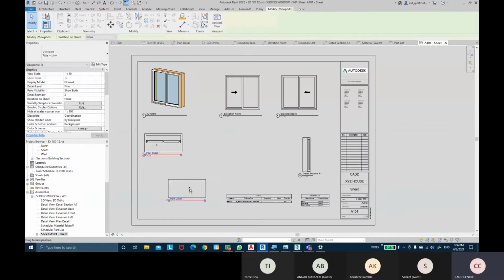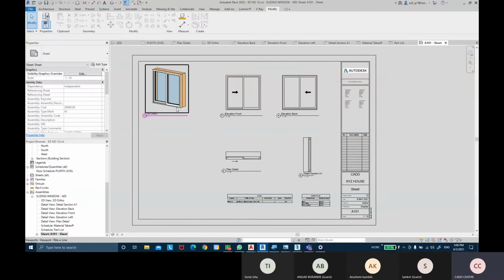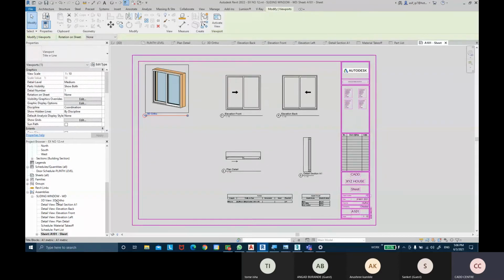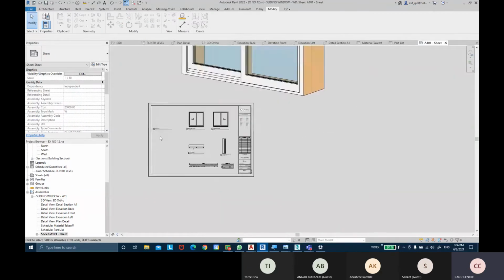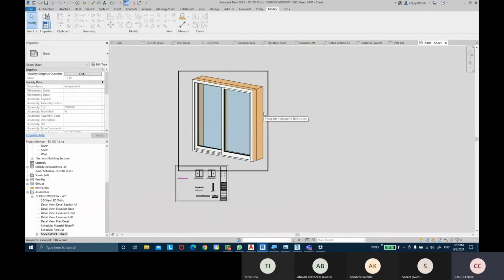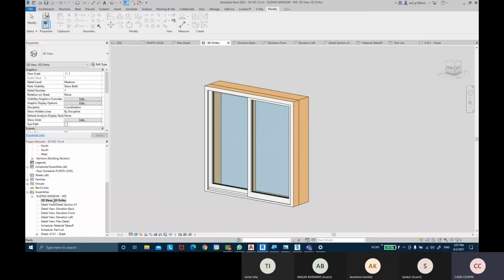Now, maybe if you want to change the scale size of the view, you can come back into the 3D view. This view was at 1:10 scale, so we can change the scale to 1:5. Or maybe you can take 1:1 scale, and then look into the sheet. So you can see that the scale changes. It's quite huge, so use the original size. We can take it back to 1:5.